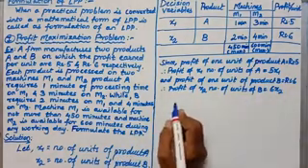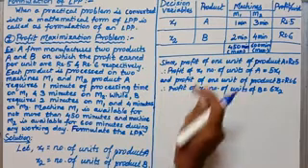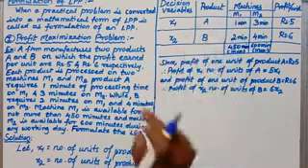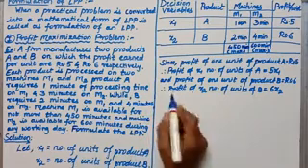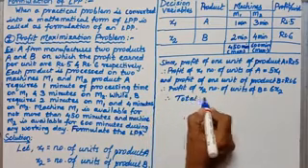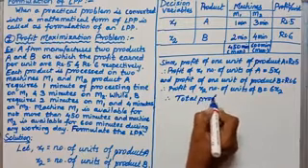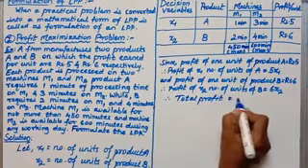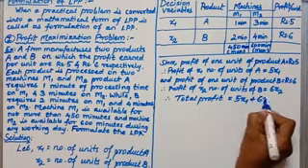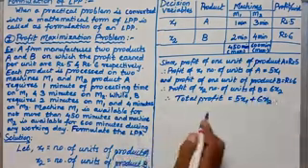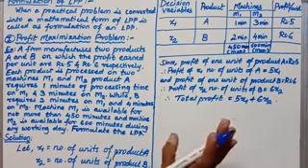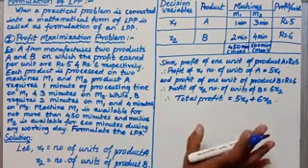Now, total profit is the profit of product A plus the profit of product B. Therefore, total profit equals 5x1 plus 6x2. Now, as our aim is to maximize the profit, our objective function should be